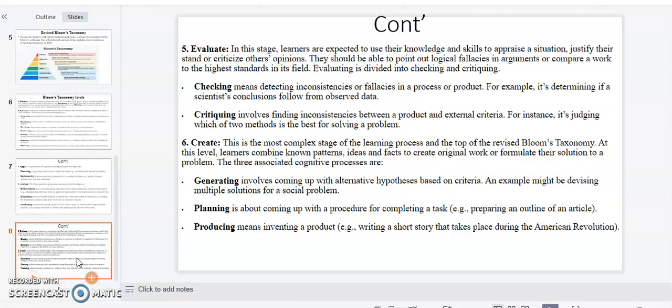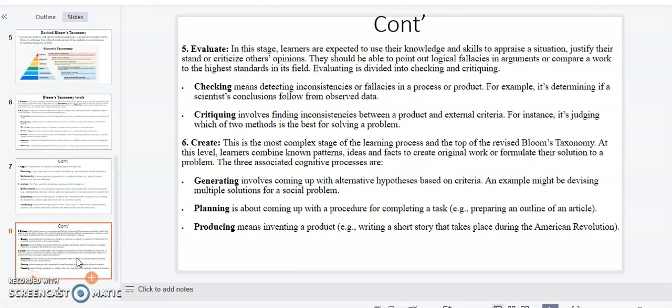And finally, on the apex of the pyramid is create. This is the most complex stage of the learning process and the top of the revised Bloom's taxonomy. At this level, learners combine known patterns, ideas, and facts to create original work or formulate their solution to a problem. The three associated cognitive processes of this include: one,